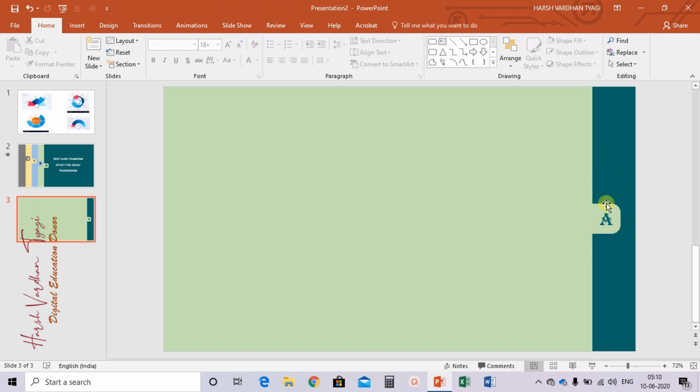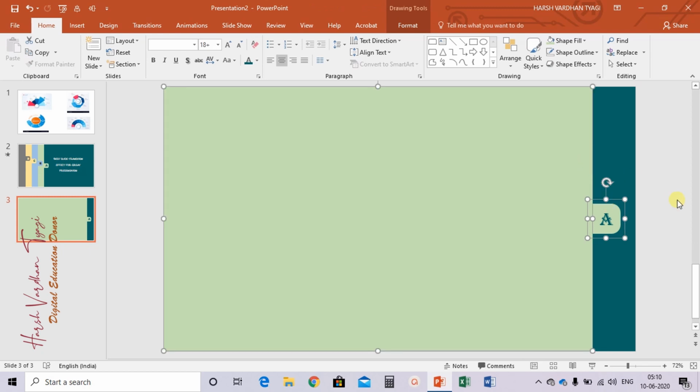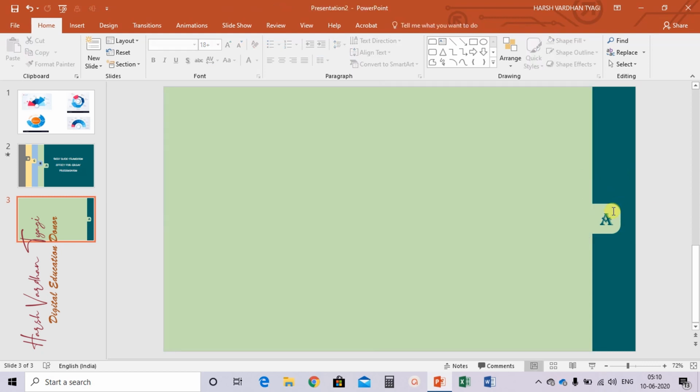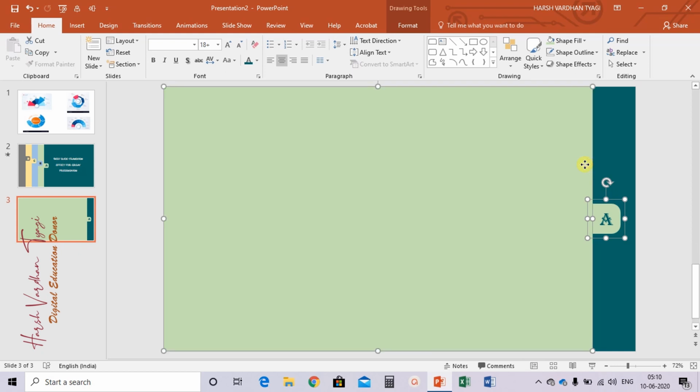Now select this, press the Shift key and select both the shapes. Select the rounded rectangle shape and press the Shift key and select the bigger rectangle part. After that, press the Control key and move it a little to the left side to make a copy.